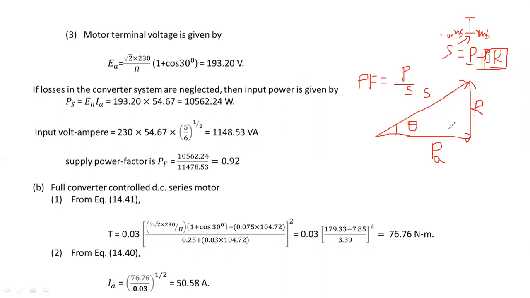from this triangle. Okay, power factor is cos theta, right? So from the triangle, if you write cos theta, you will get cos theta as the power factor. Power factor will be active power by apparent power. Okay, so in order to calculate the apparent power, we simply multiply VRMS into IRMS. We are calculating the supply power factor or input power factor. Okay, so the supply voltage is 230 volts as RMS value, and we need to calculate the RMS current. Okay, so for that, here RMS current is calculated.